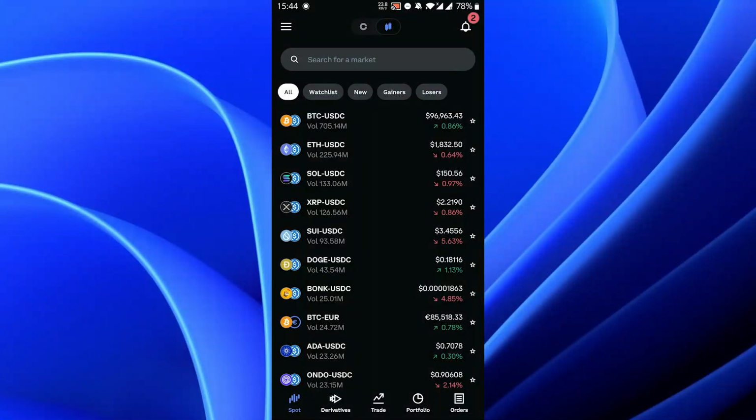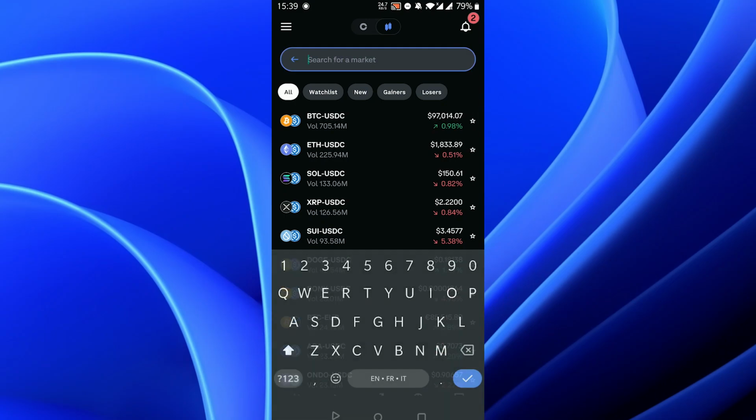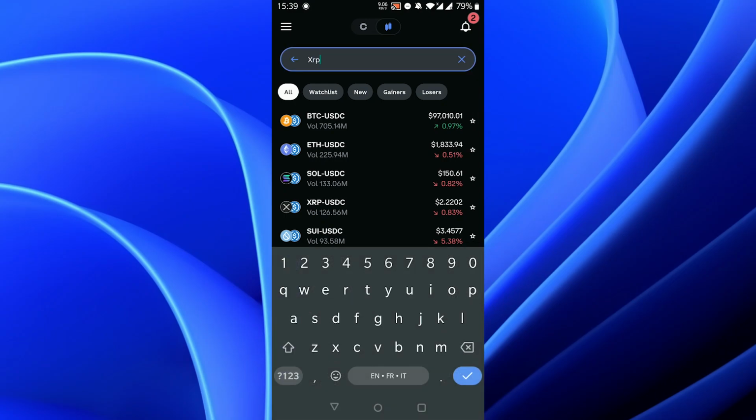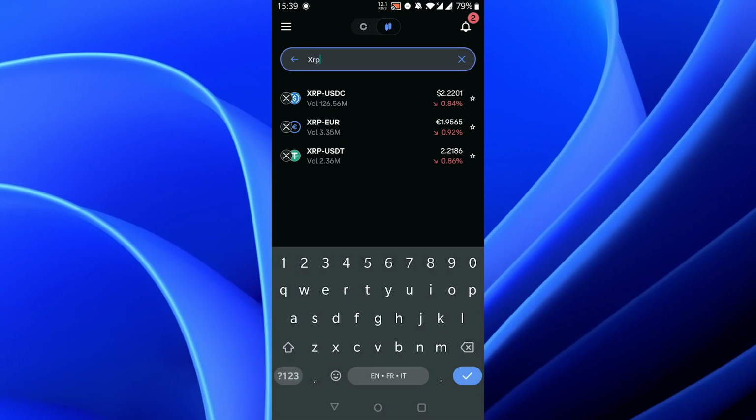In this video I'll show you how to buy XRP on Coinbase Advanced. Here on the home page, click here where it says search for a market, type XRP, and then followed by